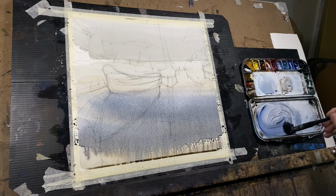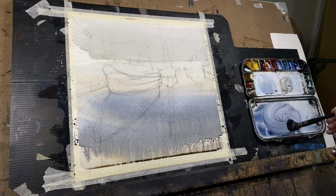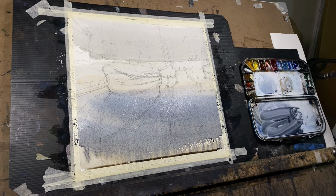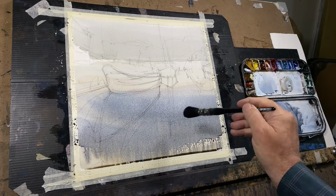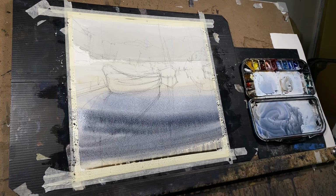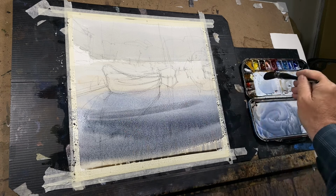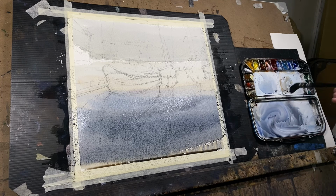More. A little bit of yellow ochre. Just a little. And then a little more blue through here. Some ripples. And finally, quite strong,